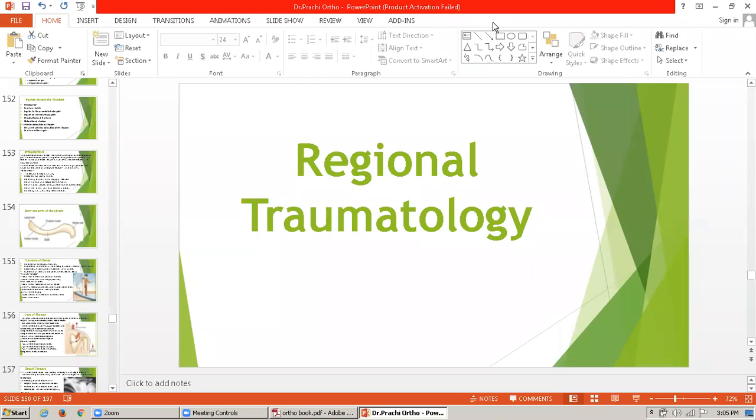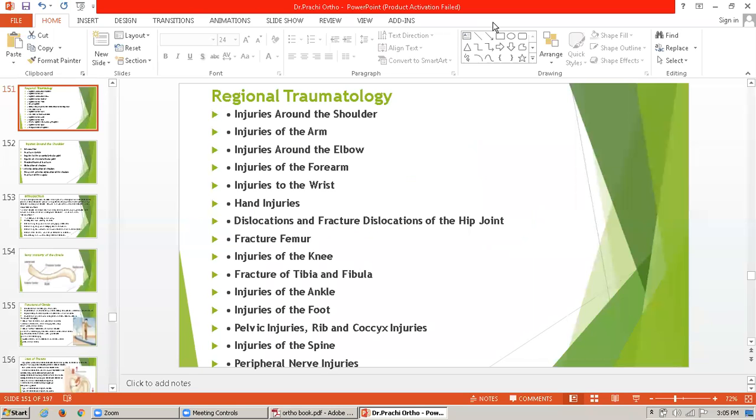Good afternoon, students. Today we will discuss the topic of regional traumatology. Regional traumatology consists of many topics, that is, injuries around the shoulder, injuries around the arm, injuries around the elbow, injuries of the forearm, then injuries to the wrist, hand injury,